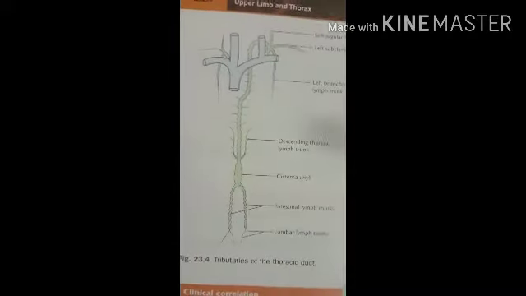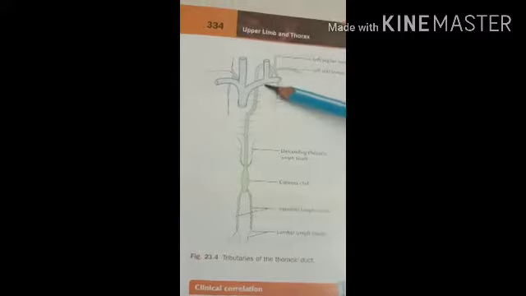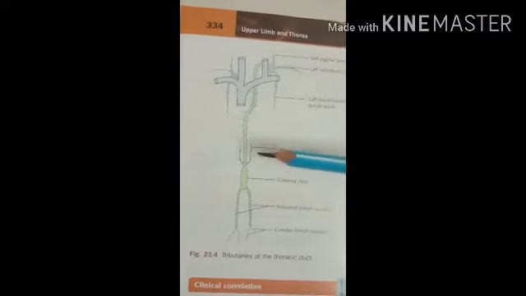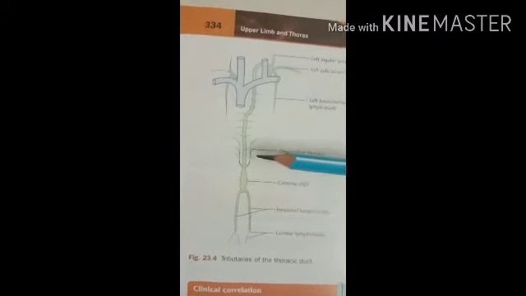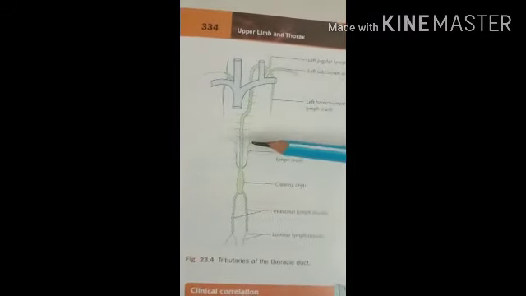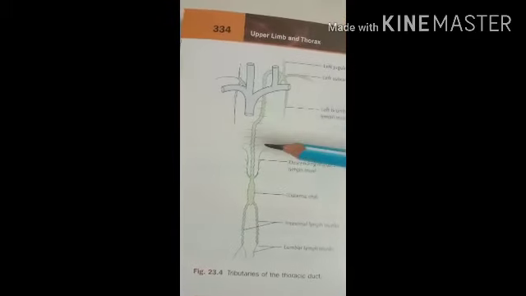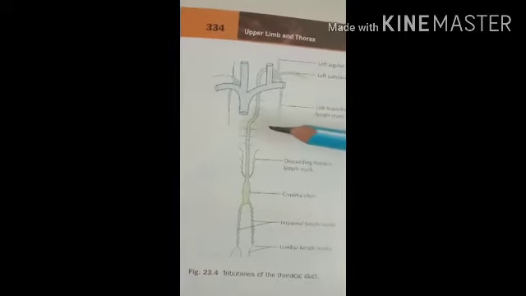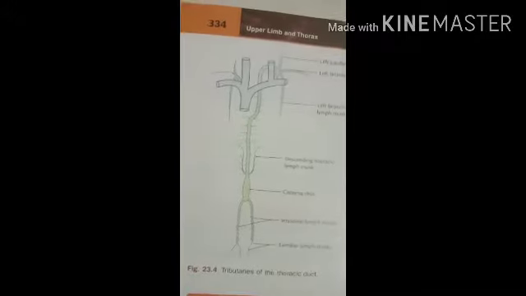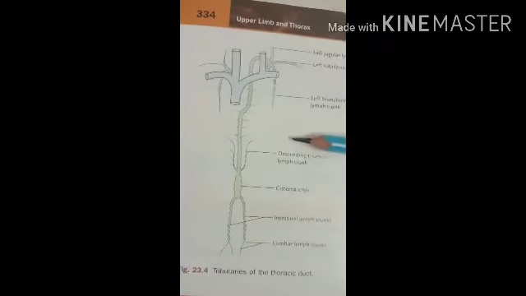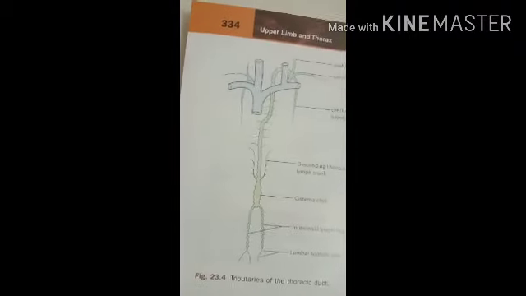The clinical points related to the thoracic duct. Here you can see the thoracic duct. First, the thoracic duct is thin walled and may be colorless, so sometimes it can be injured during surgical procedures of the posterior mediastinum. Laceration of the thoracic duct during lung surgery results in chyle entering the pleural cavity, producing the clinical condition called chylothorax.